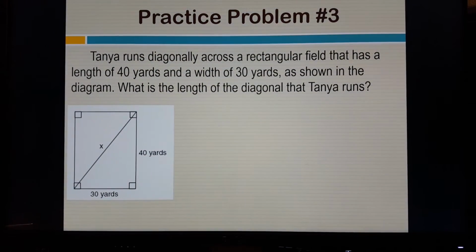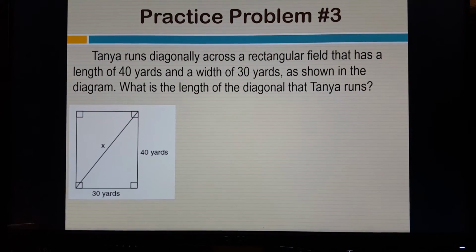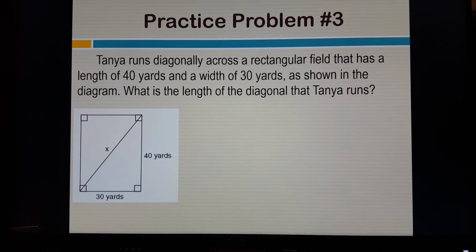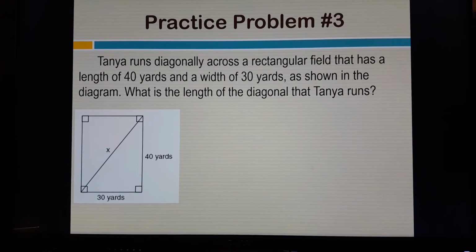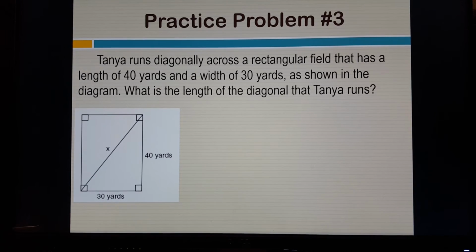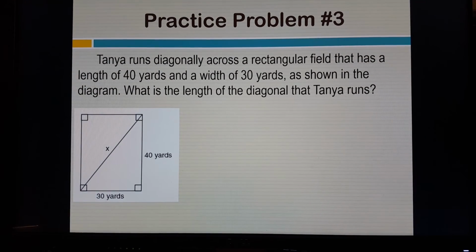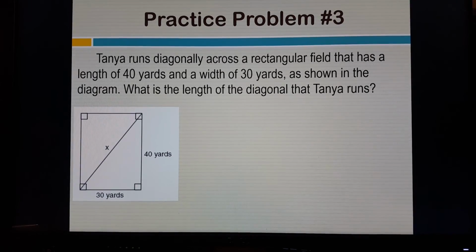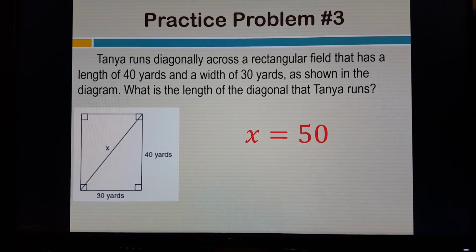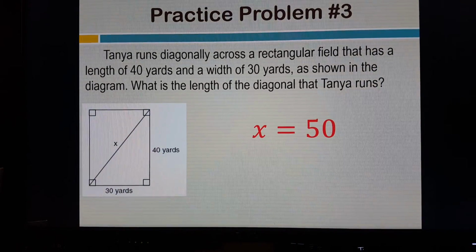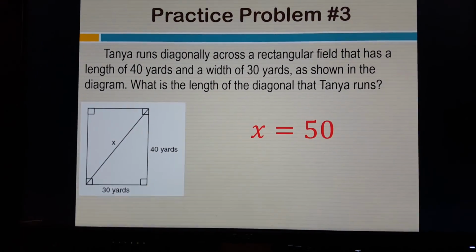We'll try one more problem. Tanya runs diagonally across a rectangular field that has a length of 40 yards and a width of 30 yards, as shown in the diagram. What is the length of the diagonal that Tanya runs? In this case, the length would be 50